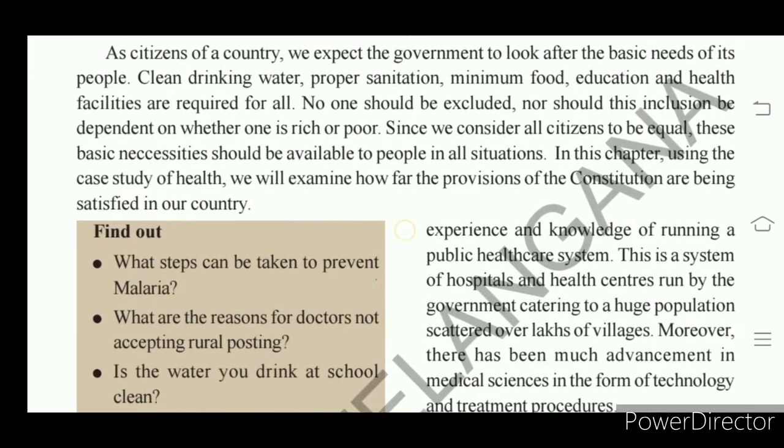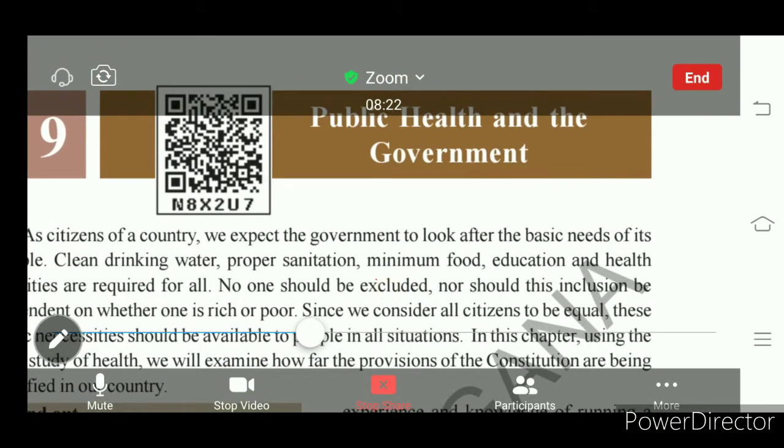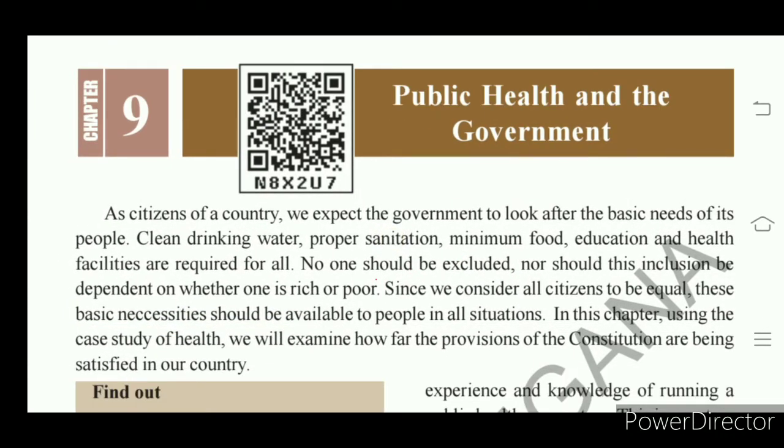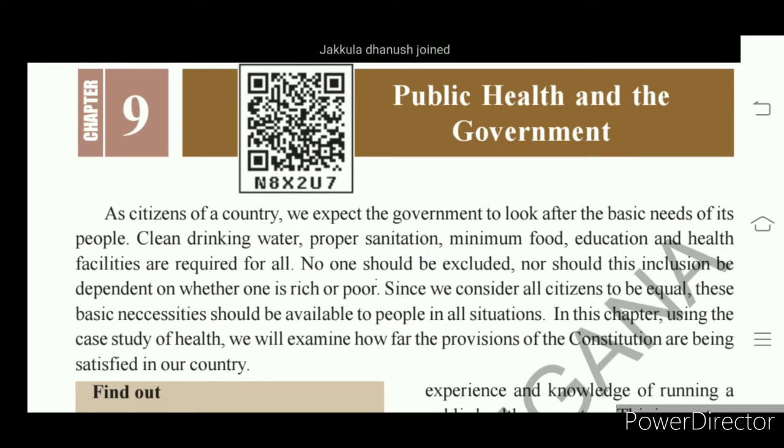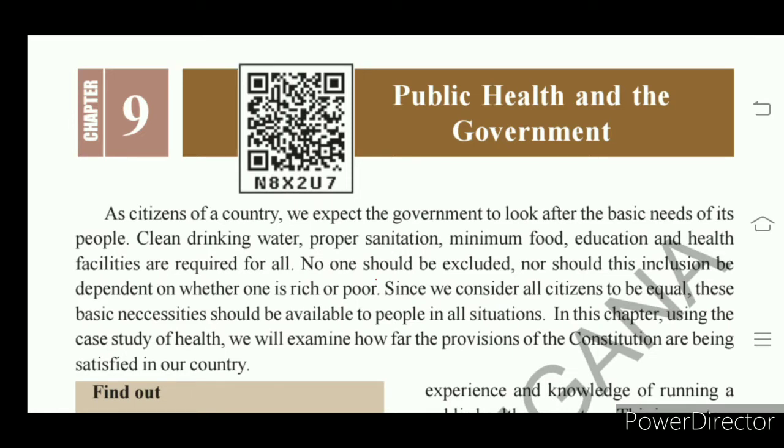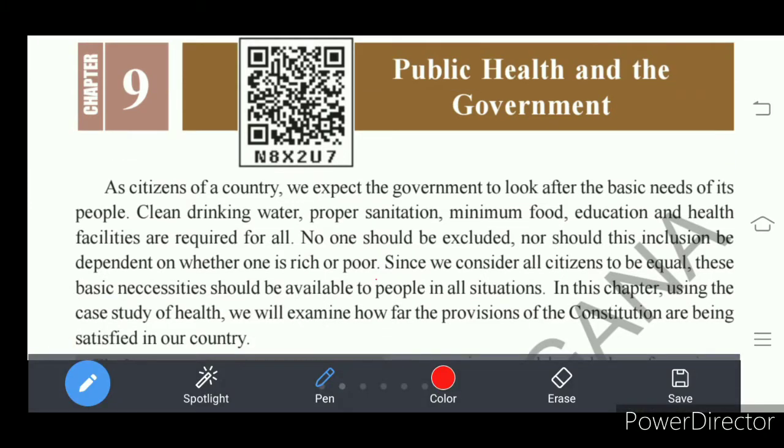Today the lesson is public health and the government, right? So we are the citizens of this government of India. As a citizen, we expect many of the basic needs to be given to citizens by the government. It is a responsibility of the government to fulfill the basic needs of the people, like